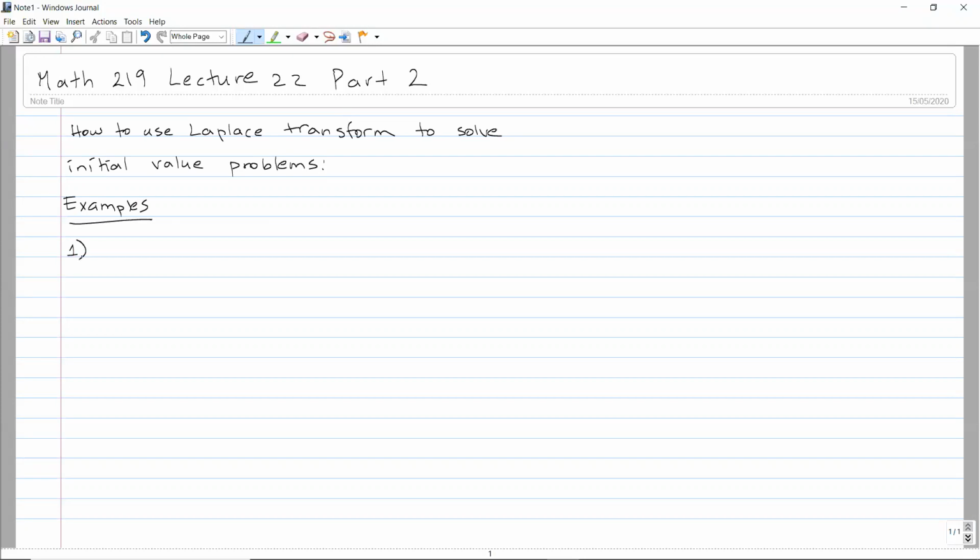The first example is to solve the initial value problem. The third derivative of y minus y itself equals 1. y(0), y'(0), and y''(0) are all 0. So the value 0 is going to simplify the solution a little bit. Okay, so the first step,